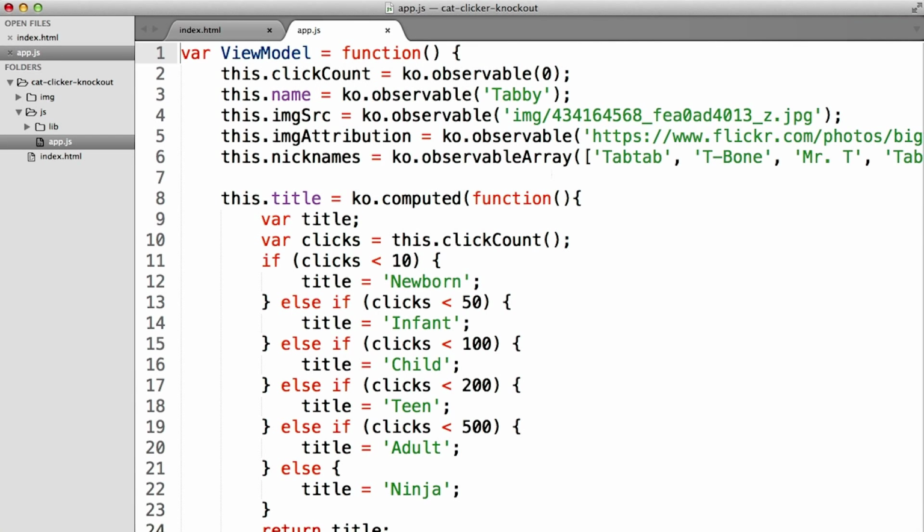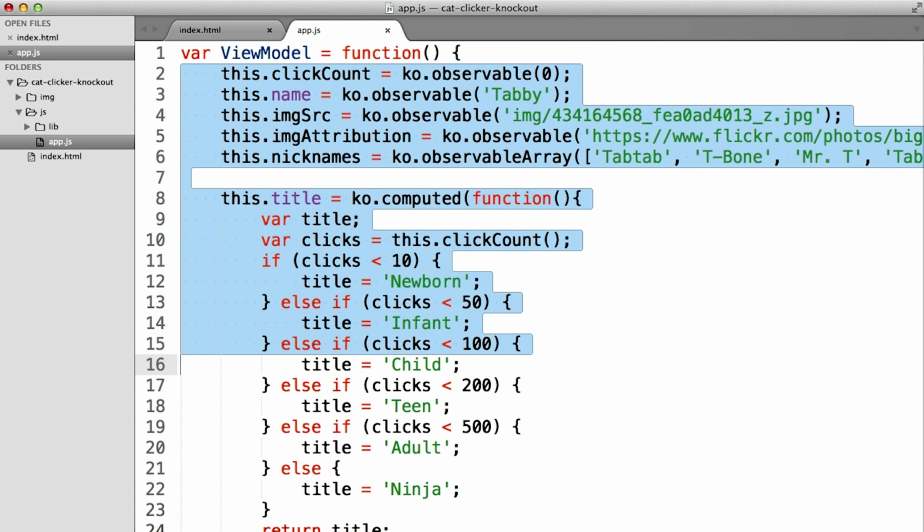Coming up soon, we'll be adding multiple cats. So we're going to get ready by moving the model to a separate area. Because if we left the model where it is in the view model, we'd be putting all of this into a for loop and making it again and again and again. There's got to be a more separated and readable way to do this.